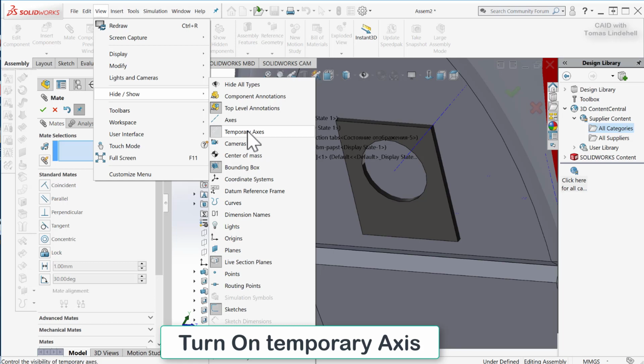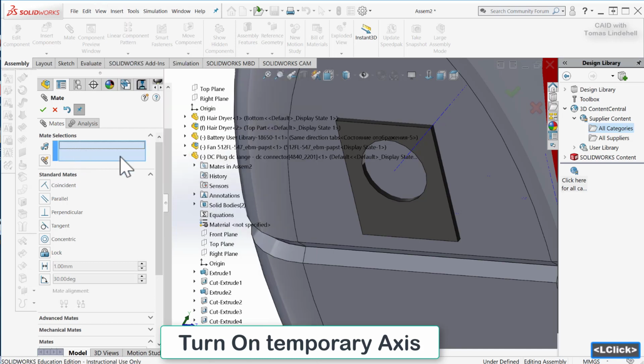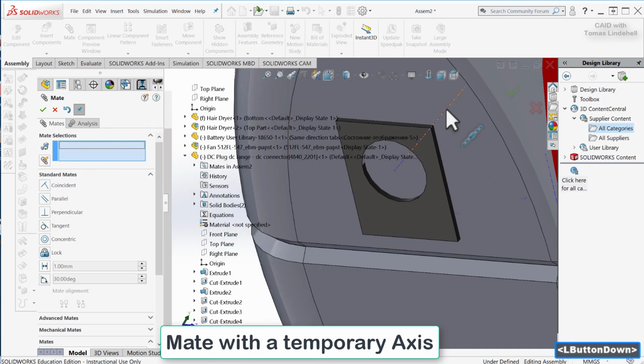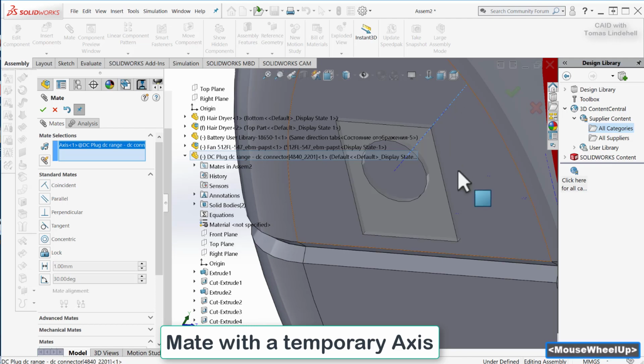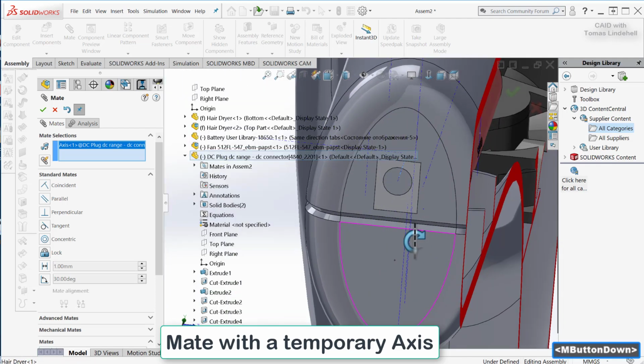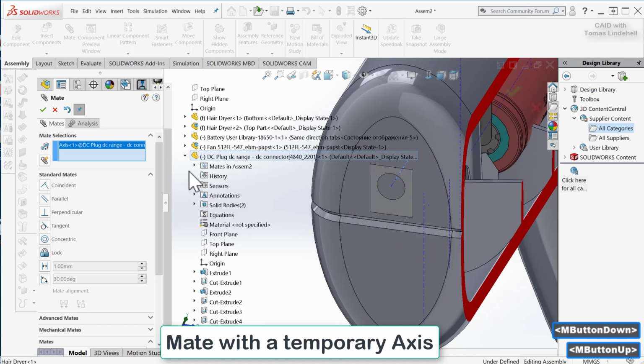Look at that. So in this DC plug, they have used an axis, and now we could reach that for our purposes. So in the blue window now, I can click on that temporary axis and say, hey, you should be perfectly aligned with